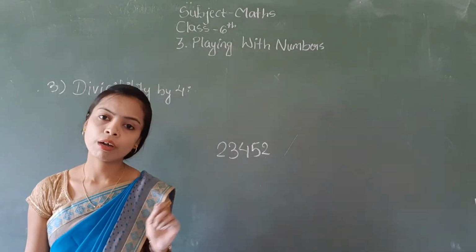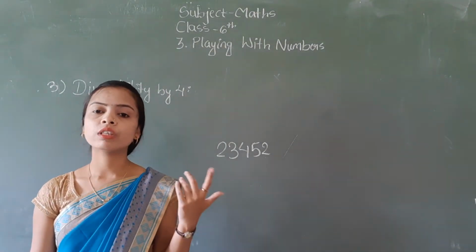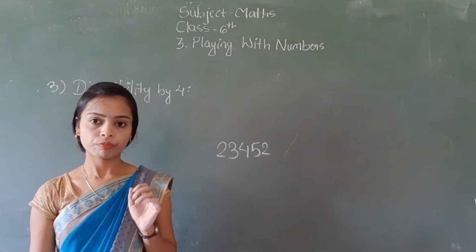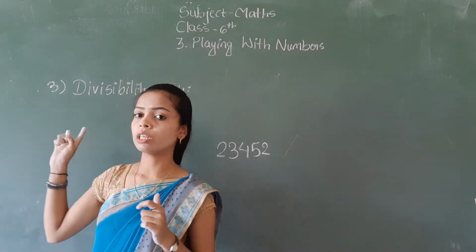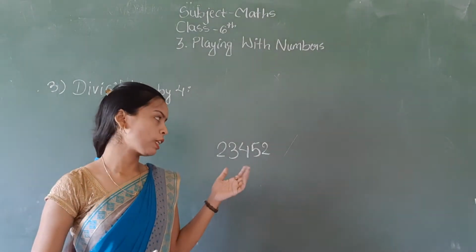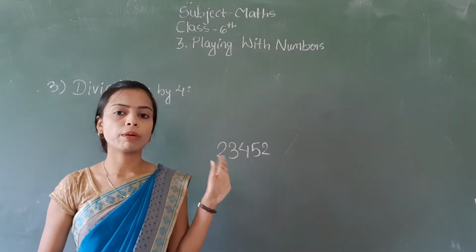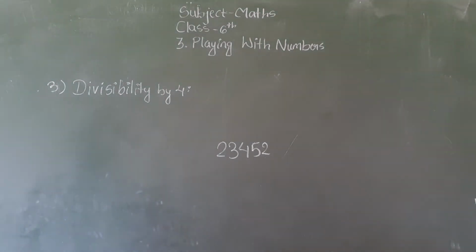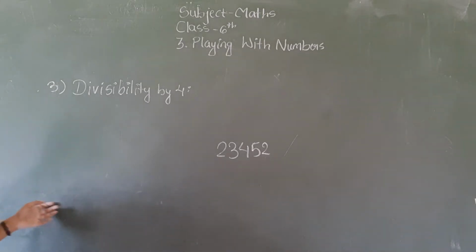You divide it by 4, or you can go with the divisibility. The best thing is to go with the divisibility. If we know the divisibility by 4, we can directly tell whether this number is divisible by 4 or not. So what is the divisibility of 4? The divisibility of 4 is: if in the given